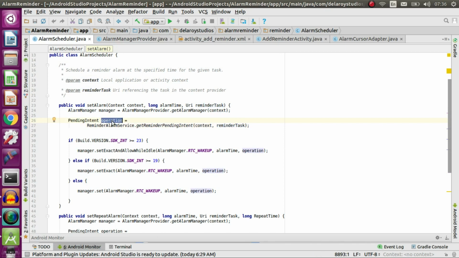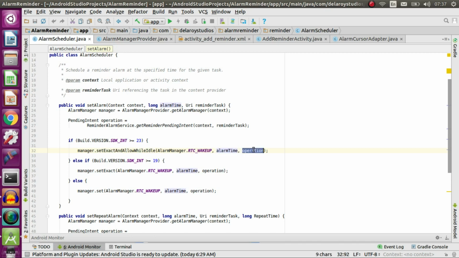Now for different Android SDK or different APIs, if the build version is greater than or equal to 23 and above, you can set exact and allow while idle. So even if the device is idle, trigger the alarm. That's what that means, because in Lollipop and above, you now have a sleep mode for your device. This triggers the RTC wake up, the alarm time, which is the milliseconds you've passed in, and the pending intent,